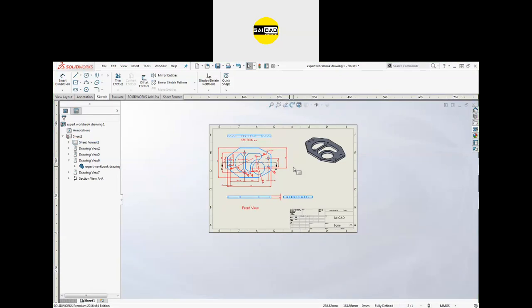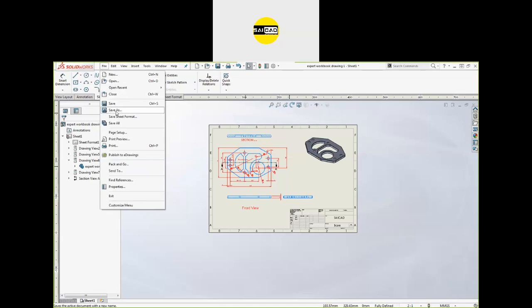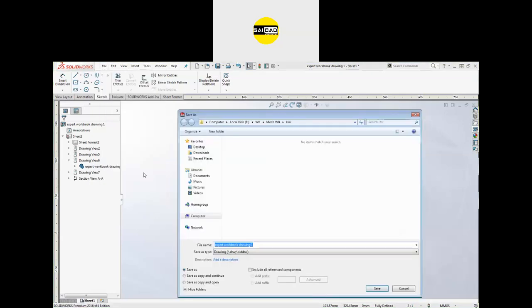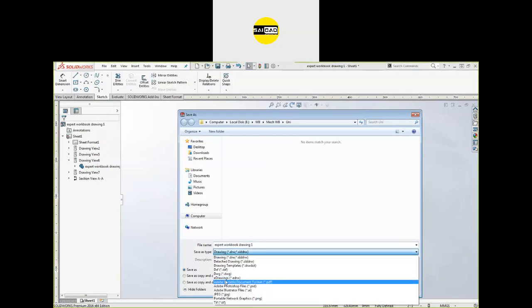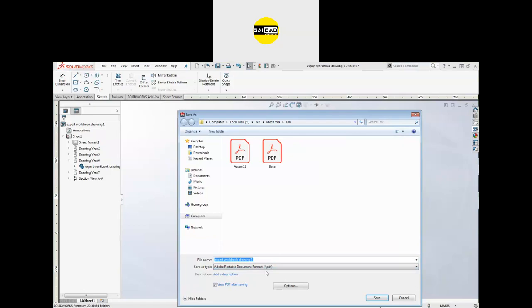Now how to print? Just go to the save, or select here save as. Select save as, not the save. Now you can define the name whatever you want. Now in the save as, don't save it as a drawing. Select some other type, like PDF, JPG, whatever you need.